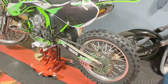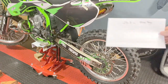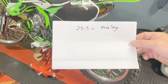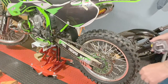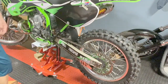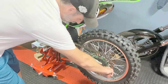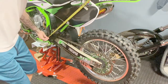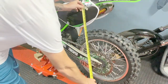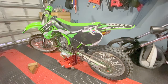(23.5 inches). I'm going to write that down on a piece of paper. I have this written down. 23.5 inches is my free sag. Now I don't know if you remember, but that was the same measurement that I got from here to here, the length of the fork, and from here to here, and from there to there. Perfect triangle. The next thing you want to do is remove the bike from the stand so the